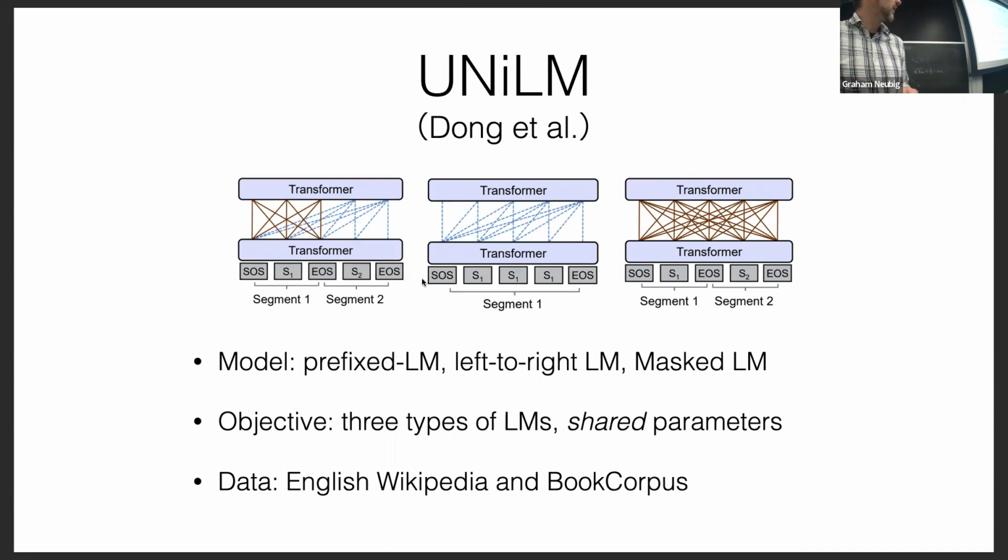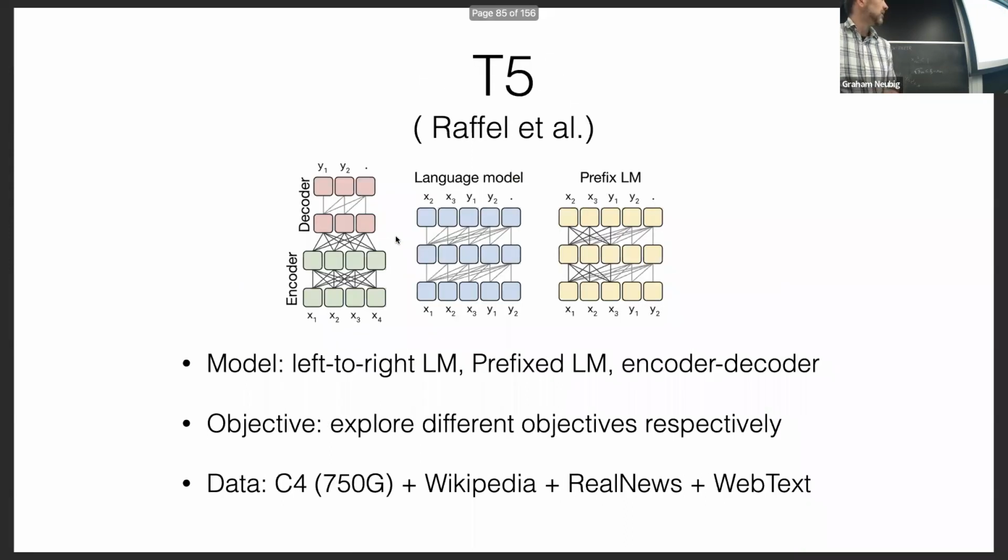UniLM, I talked about this a little bit before. Basically, it's a kind of encoder-decoder model, but it uses a single set of parameters that can be either autoregressive, bidirectional, or a mix of both. And this mix of both can also act as a stand-in for an encoder-decoder model, because it's essentially like a transformer-based encoder-decoder model, right? Bidirectional masking on the input and unidirectional masking on the output. And then T5 is another useful one to know about.